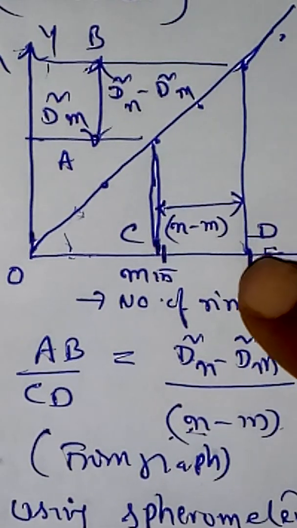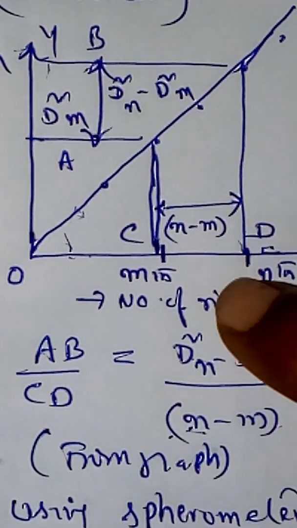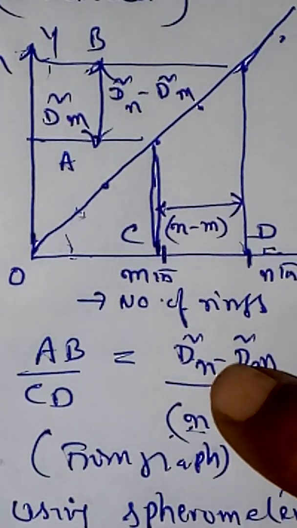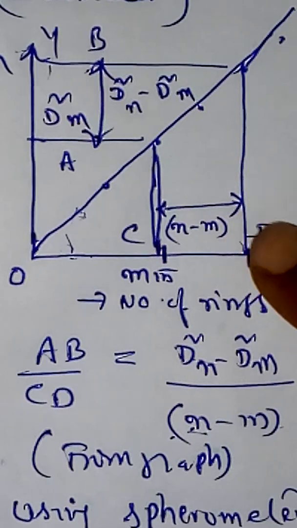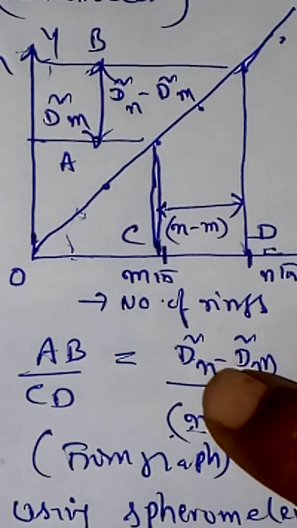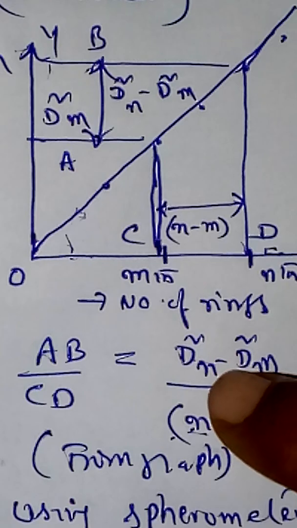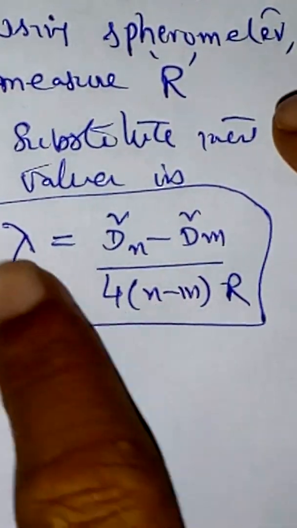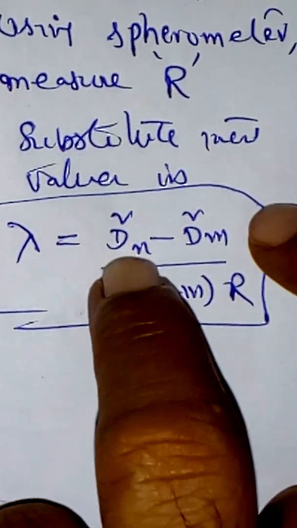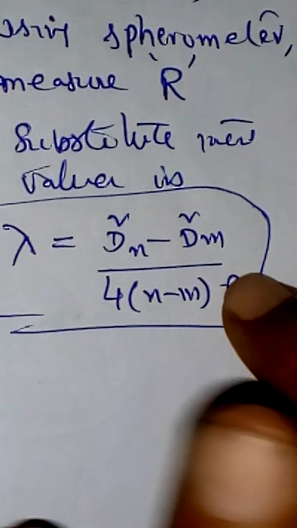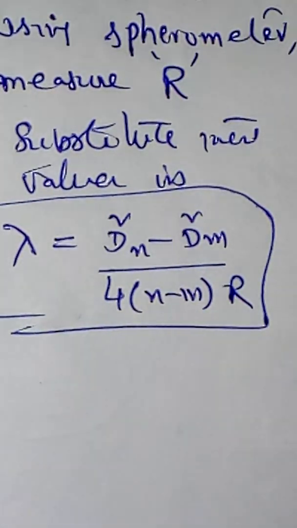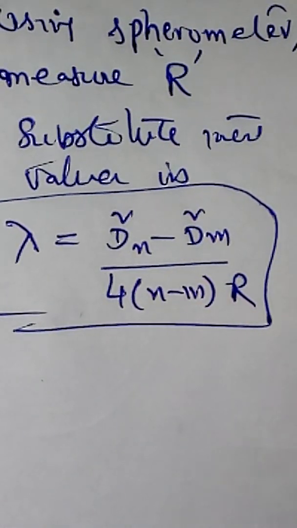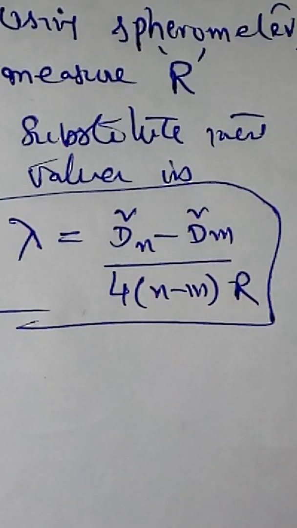With the Newton's rings setup, measuring the diameters through microscope readings, the difference gives us the value, and plotting the graph helps us arrive at the value of d square n minus d square m by n minus m. These two values we will substitute in the given expression to find the wavelength of a given light source. Similarly, we can measure the refractive index of a liquid. And then what are the engineering applications of interference, we shall observe in the next class.